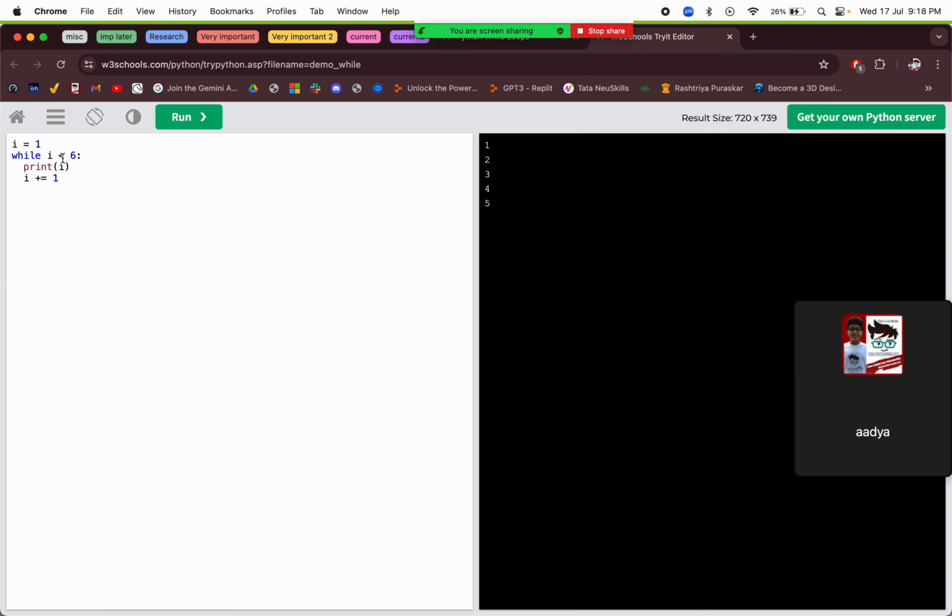So we have i equals 1. We are checking if it is less than 6. It is true, so we are printing i, and we are incrementing i by 1, and so on. And when i is 6, it checks 6 less than 6, that is false, so it breaks out of the while loop. If we said less than or equal to, then it will print 1 2 3 4